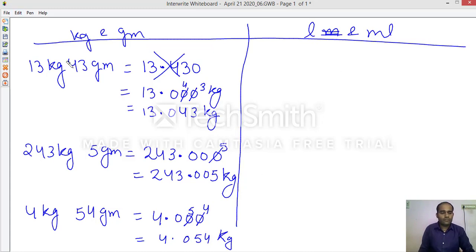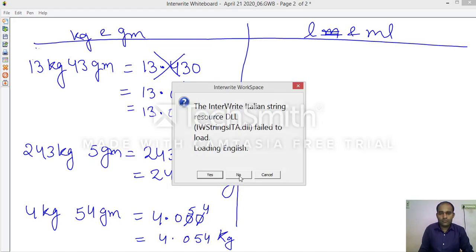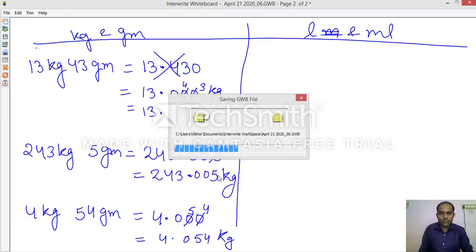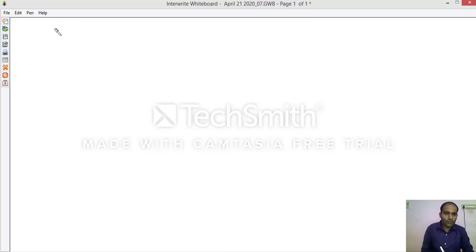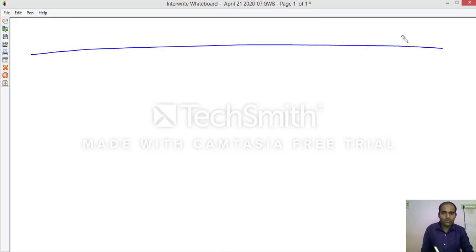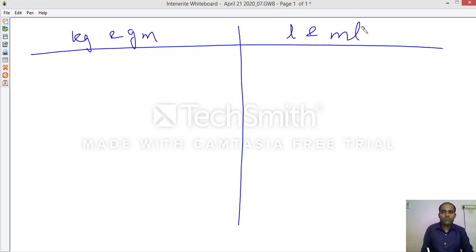Let me take another slide. Now someone says, I have 4 kilogram and 40 gram.